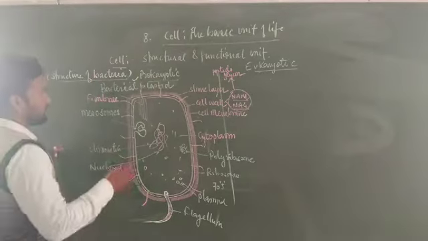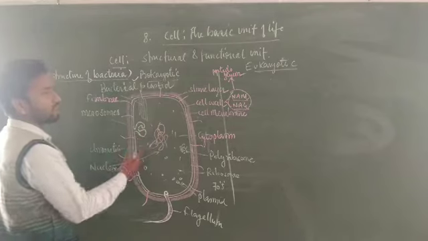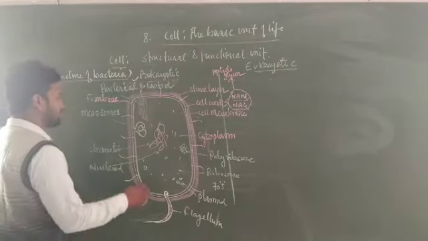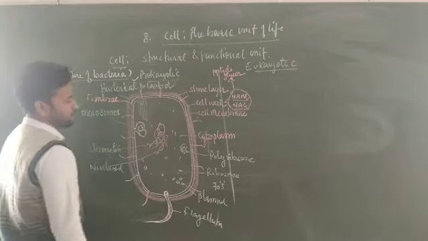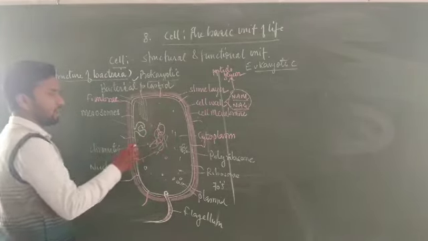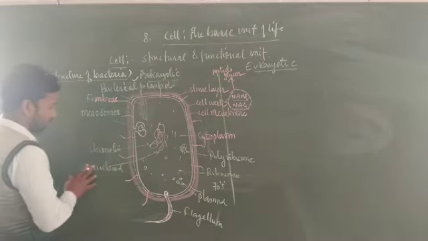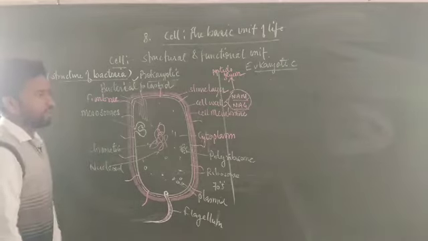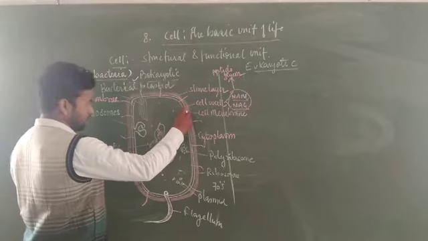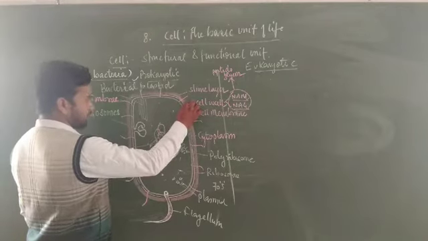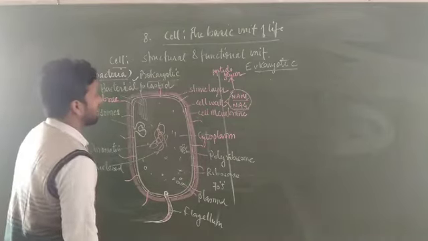The basic difference between eukaryotic and prokaryotic cells is that prokaryotic cells possess an incipient nucleus. Incipient nucleus means the chromatin is not surrounded by a nuclear membrane. Here the chromatin material in the bacteria is in open form. This is called the nucleoid region, where chromatin is found. The prokaryotic cell is surrounded by the cell membrane and cell wall, and around the cell wall a slime layer is also found in the majority of bacteria.